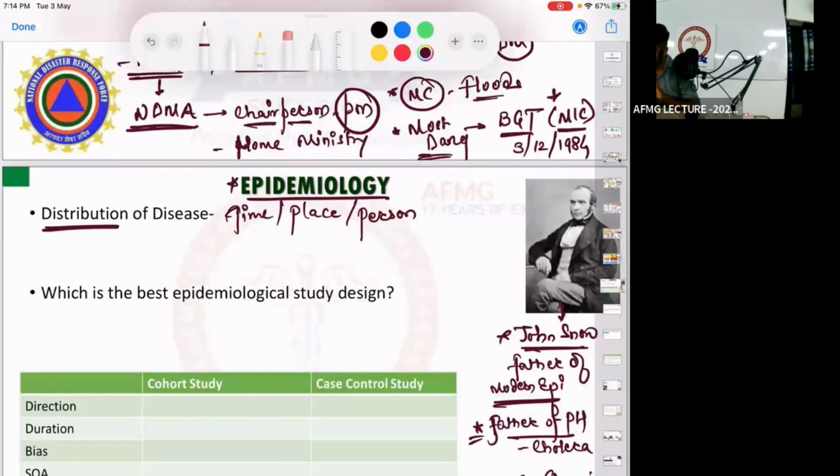Next, if I talk about person distribution, it can depend on the age or on the sex. So which diseases are prevalent in children? Rheumatic heart disease is more prevalent in the age group of 5 to 15. Japanese encephalitis, till 15 years of age. Polio, till